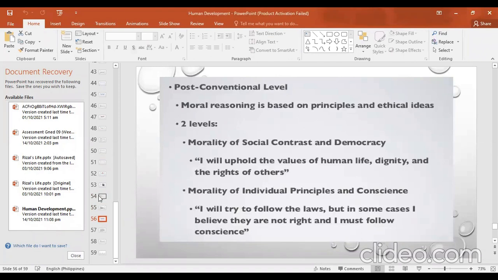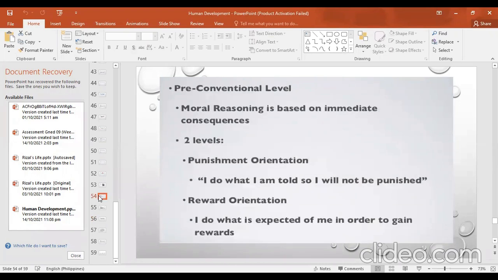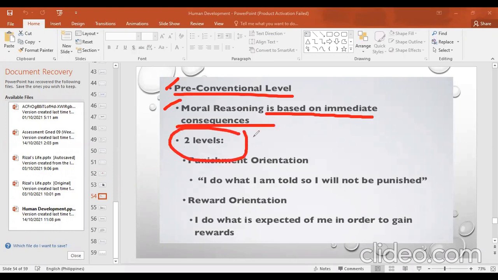And each level ay meron din silang another levels. Okay? So now let us discuss this one. First, we have pre-conventional level. So moral reasoning is based on immediate consequences. Yung two levels na under ng pre-conventional level,